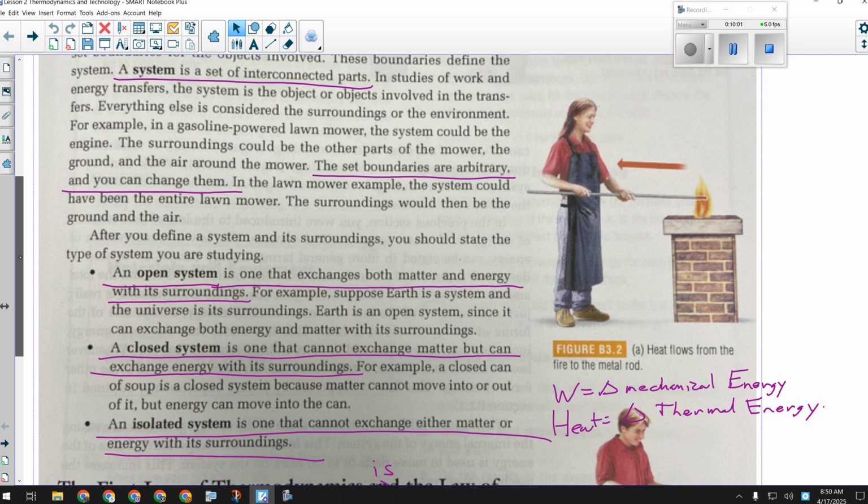Energy flows from hot to cold. The hot part is obviously the part that's in the fire, but eventually that energy will move to the person's hands. We talked about how that works the other day, because we talked about how particles will collide